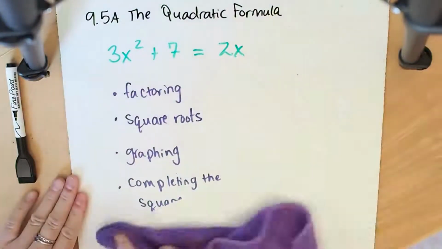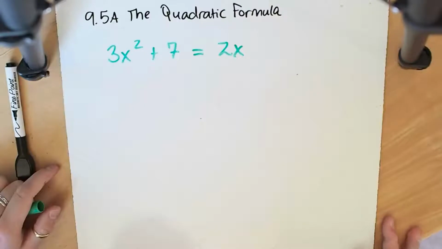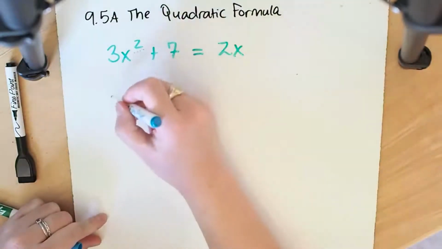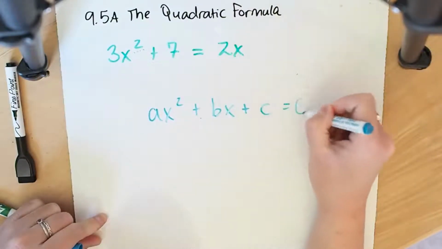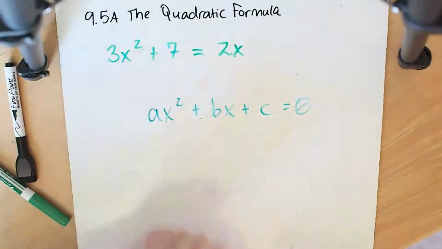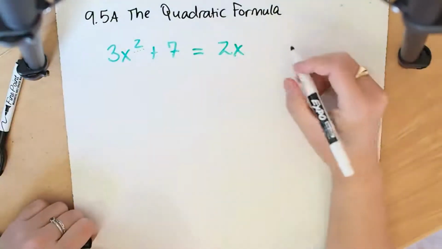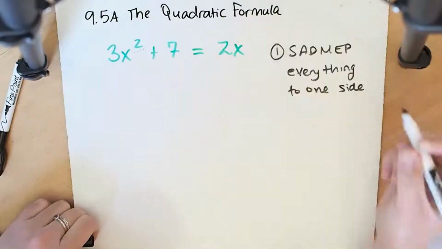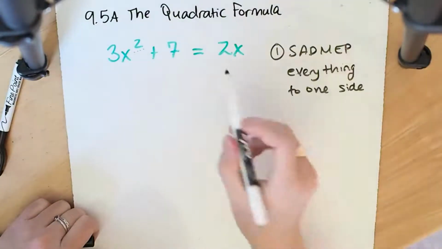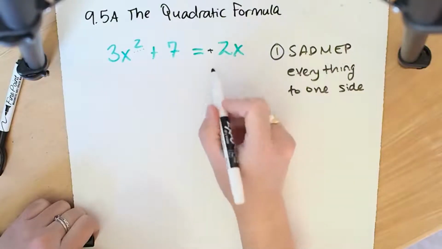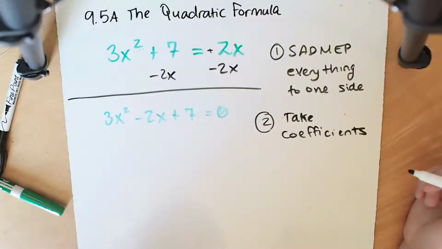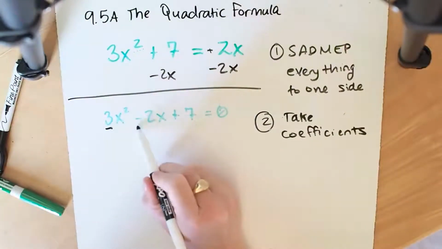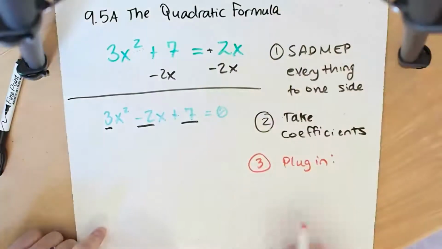The quadratic formula is a very simple equation, which works in every case for finding the solutions of a quadratic equation. Remembering that a quadratic equation is an equation which takes the form ax squared plus bx plus c equals 0, where a, b, and c are all numbers. When we're solving using the quadratic formula, the first thing we have to do is SADMEP everything to one side. So in this case, if 2x is being added on this side, I can move it over by subtracting it on both sides like this. The next step is to take the coefficients, so 3, -2, and +7,